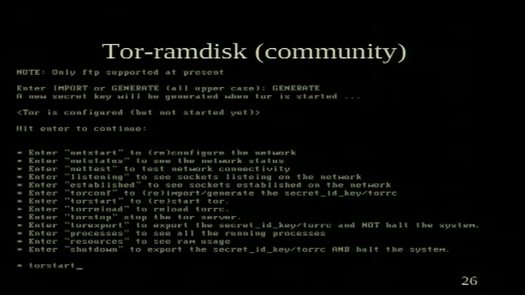Okay, and then there's Tor RAM disk. Wouldn't it be nice if you could run your Tor relay without ever having a disk attached to the system? So you pop in your Tor RAM disk, you boot it, it has a Tor relay in it. It either reads the Tor relay's identity key from some other file, or it just generates it every time you boot. And it runs the relay in RAM until you lose power, and then you do this again the next time you start the system.